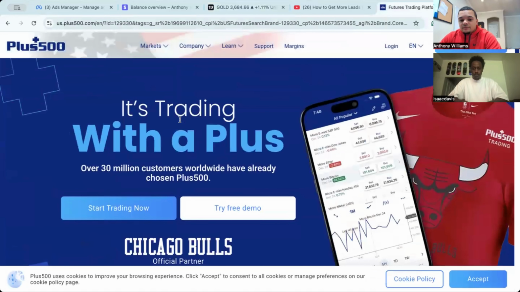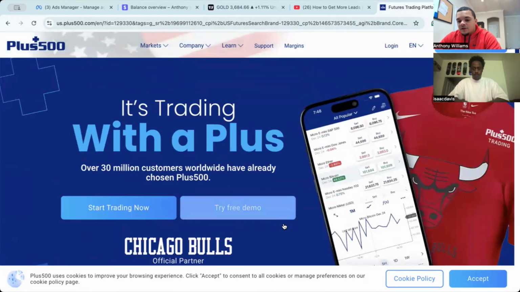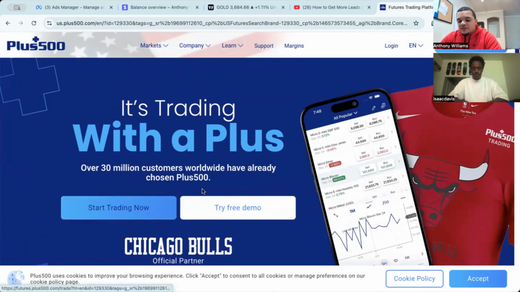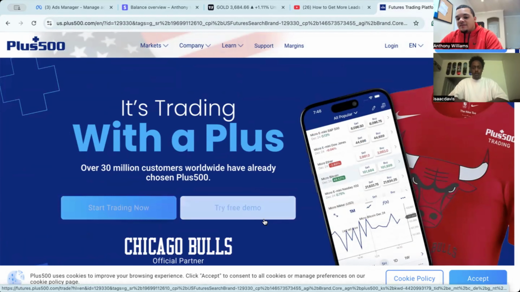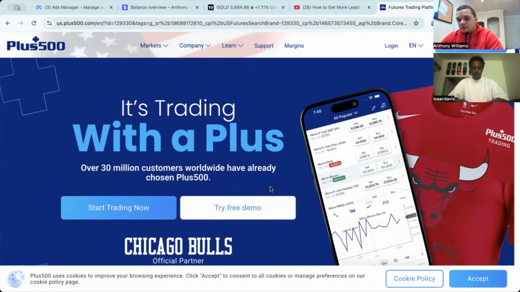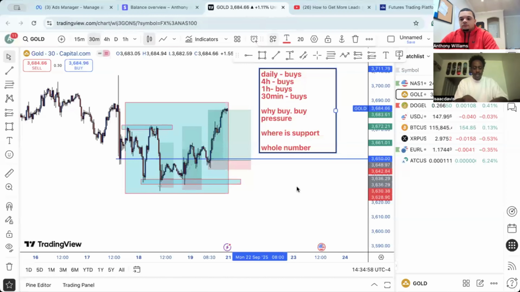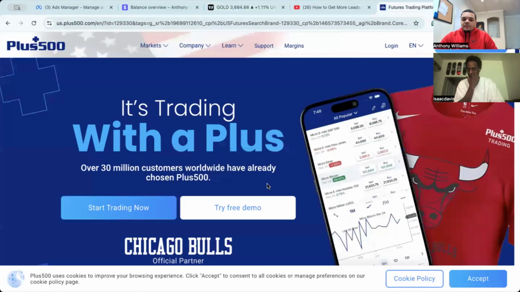But make sure you're making profit on the demo side before you go over to the live account, because it doesn't make sense to start putting in your real money and blowing it if you're not even making money on your demo. After the demo, we start the live trading, and after that I go to MetaTrader 4, which is its own platform.